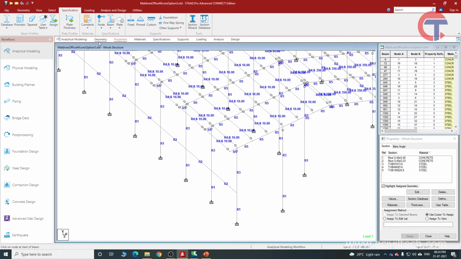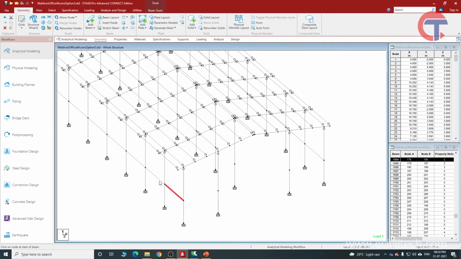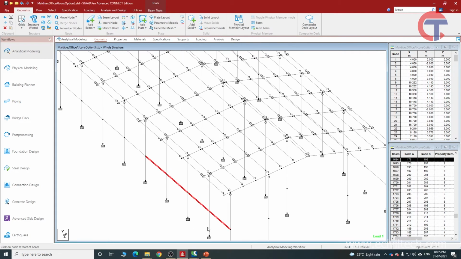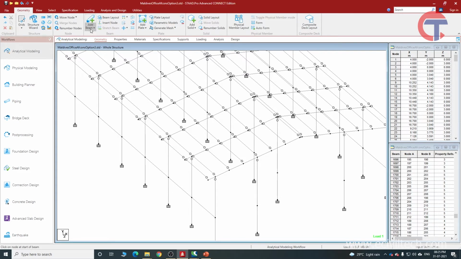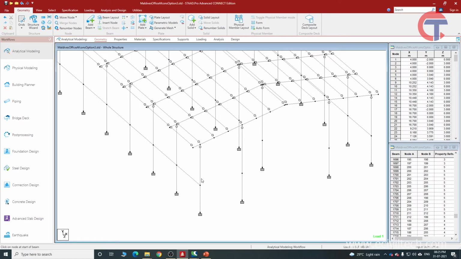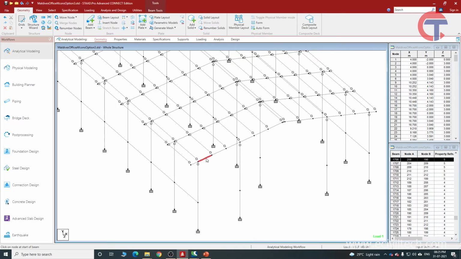What are the beams? These are the beams, and these are also beams. Now you will say these vertical members are not beams, they are columns. Yes, these vertical members are columns, but StaadPro cannot recognize that it is a column. StaadPro is software, and anything created by the add beam tool will be considered a beam. So it is just a representation in the software. Even if this is your rafter, the software will give you a beam number.